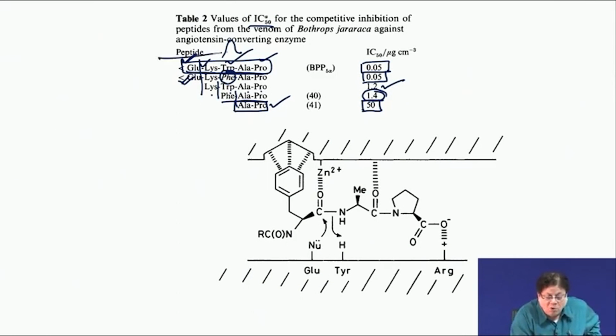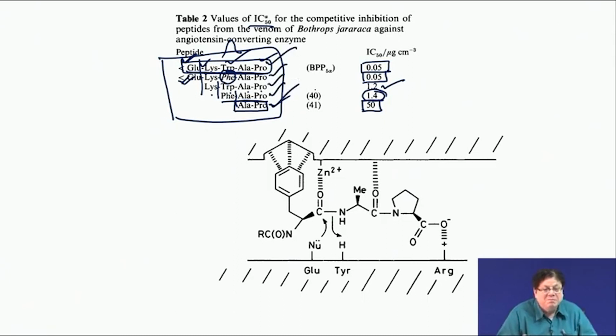The interesting point is that in all these peptides, the C terminus is a proline, and then it is alanine. That means these are obligatory amino acids if you want to design an inhibitor of